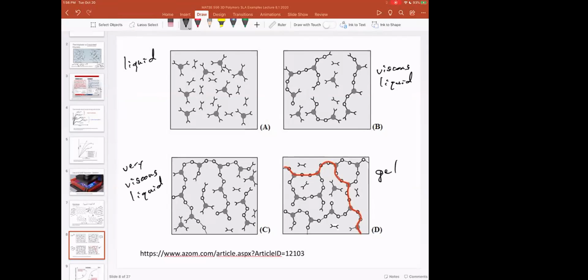And then we have a gel, which is, of course, a solid. I have a quick question. Go ahead. Is this happening during printing, or is this like for the resin before printing? I'm just a little confused. So this happens when the light is on. So this happens quickly during the photopolymerization. And so this last step, where you go to a gel,